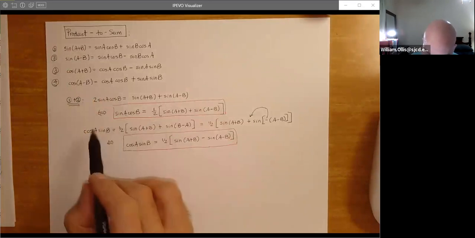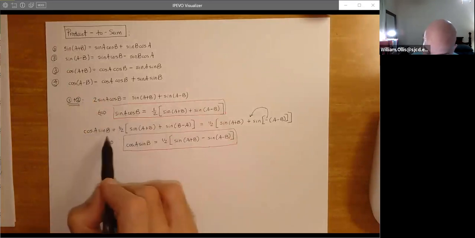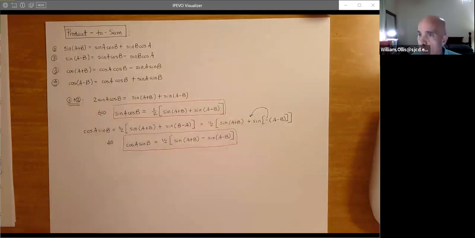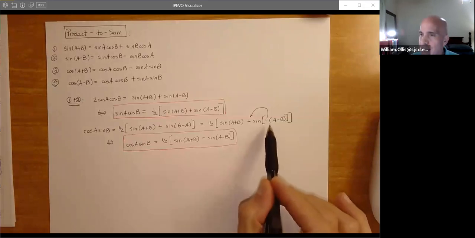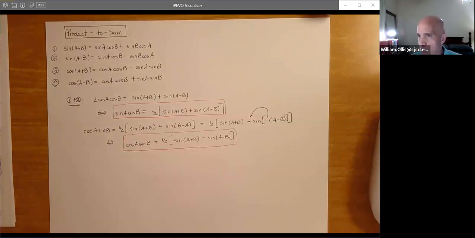And then of course here, just replace A with B and B with A and use the fact that the sine is odd. Of course, you had to use that on the test. That was one thing where I deducted points if you didn't use the fact that the sine function was odd in that interesting problem that really was very simple. That was a key component. Otherwise, you're just looking at the answers and working backwards. So the fact that the sine function is an odd function, as well as many other functions we discussed, is imperative. It's important, and you will use that over and over and over in calculus.